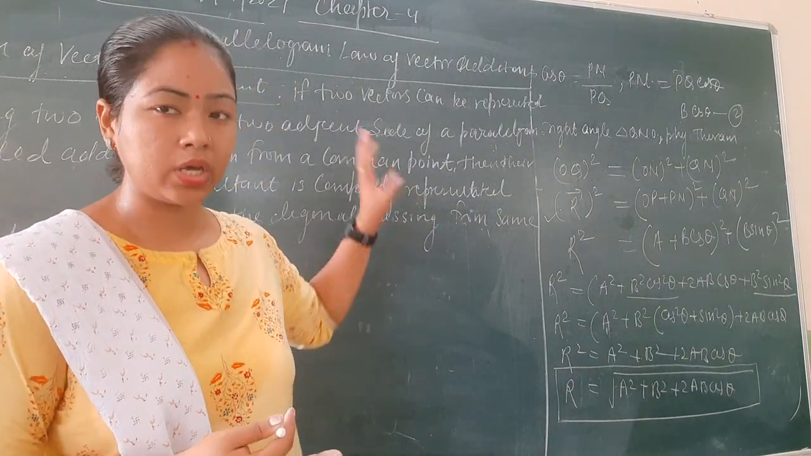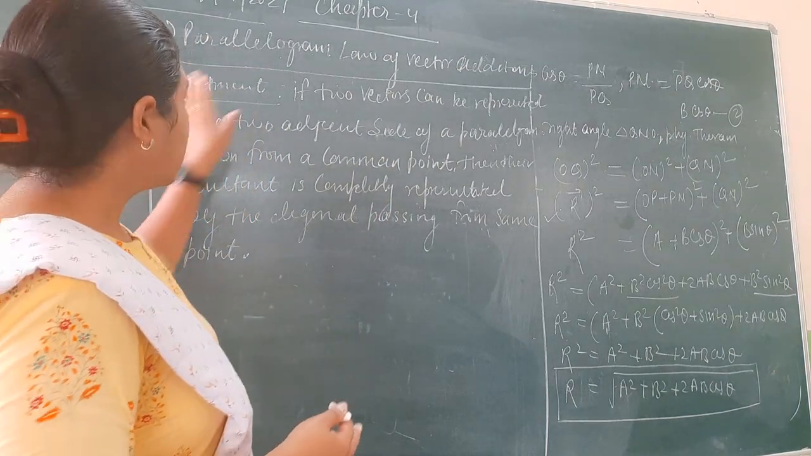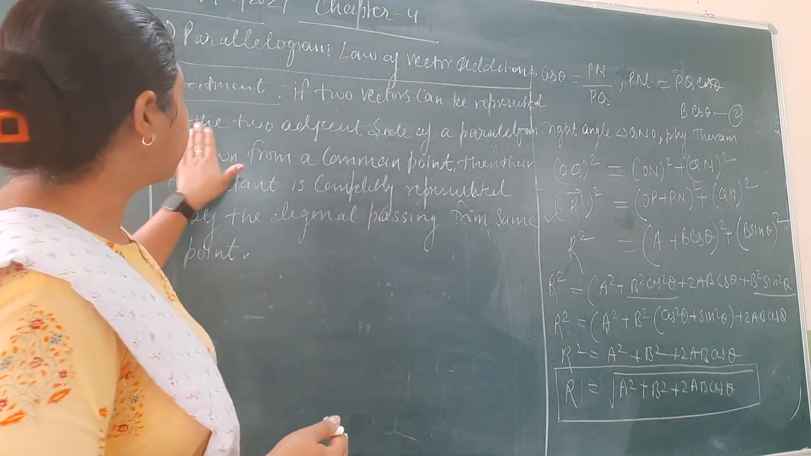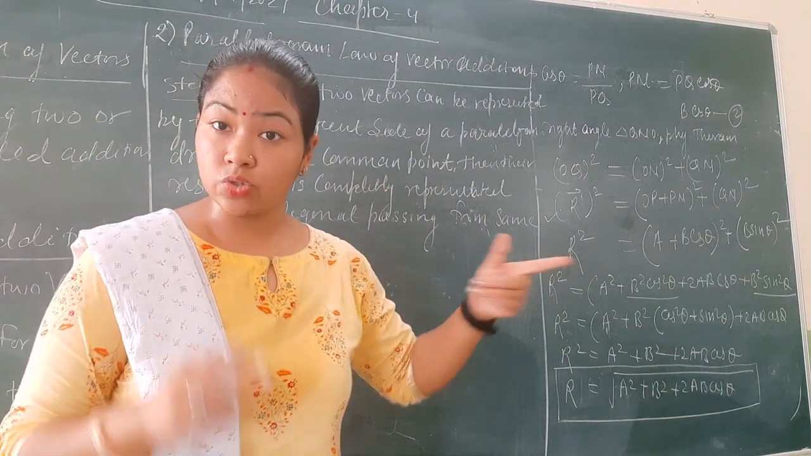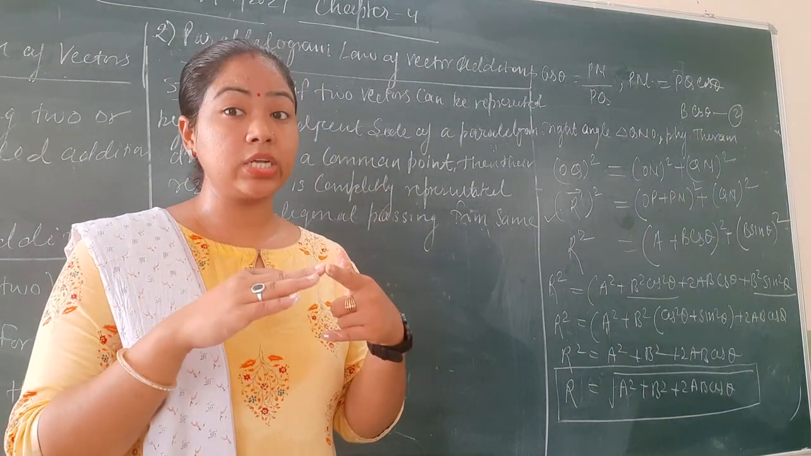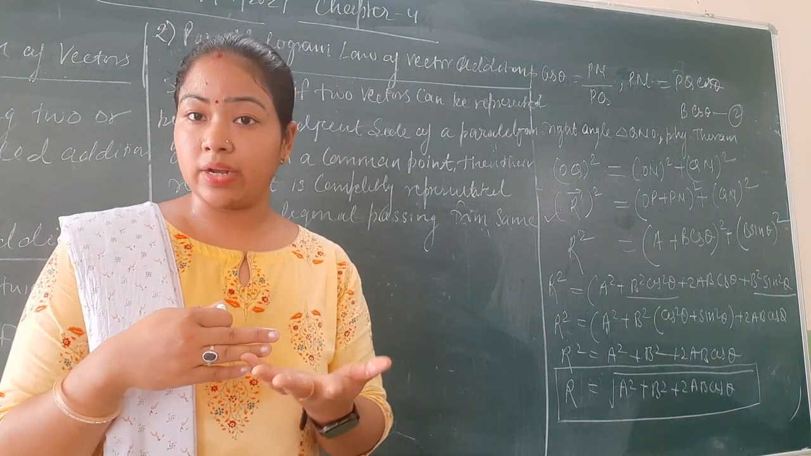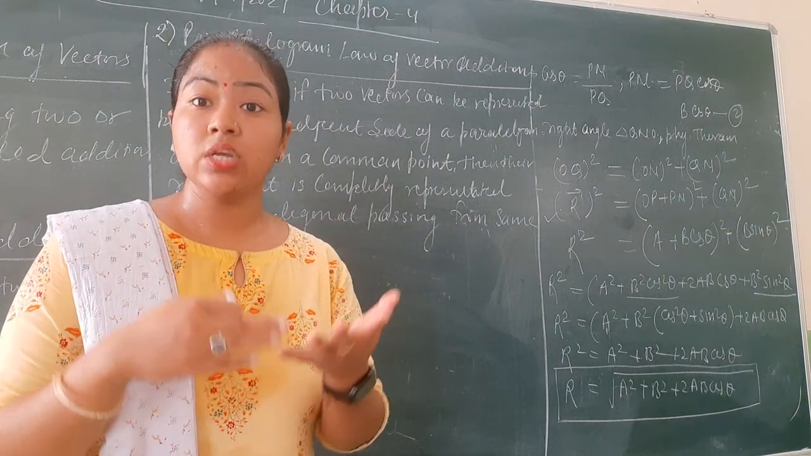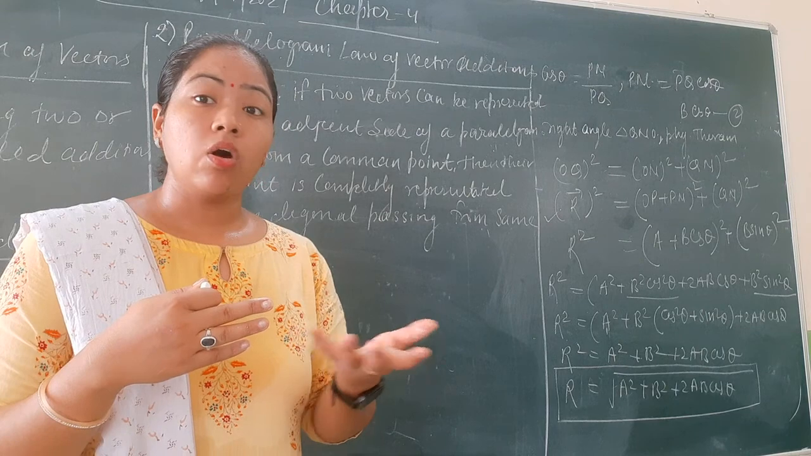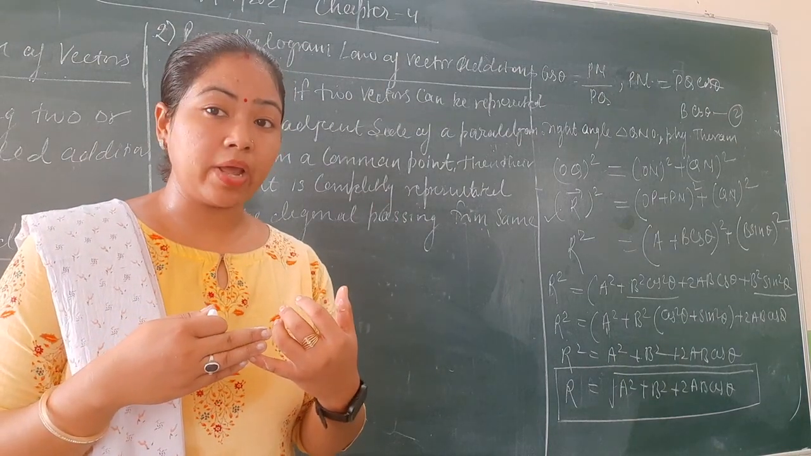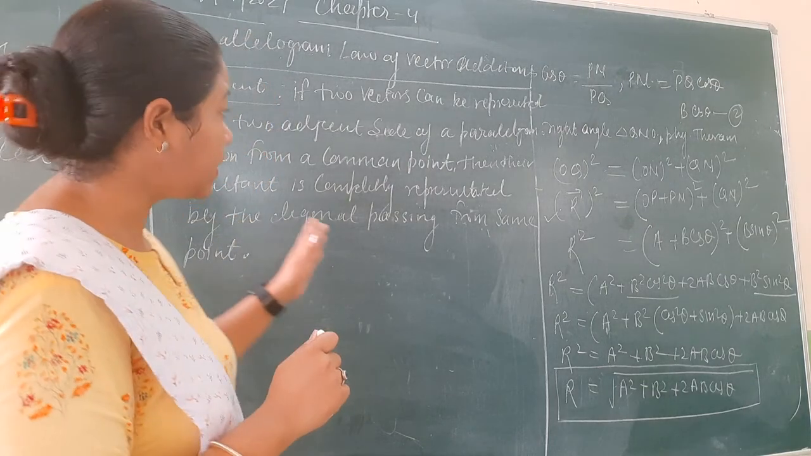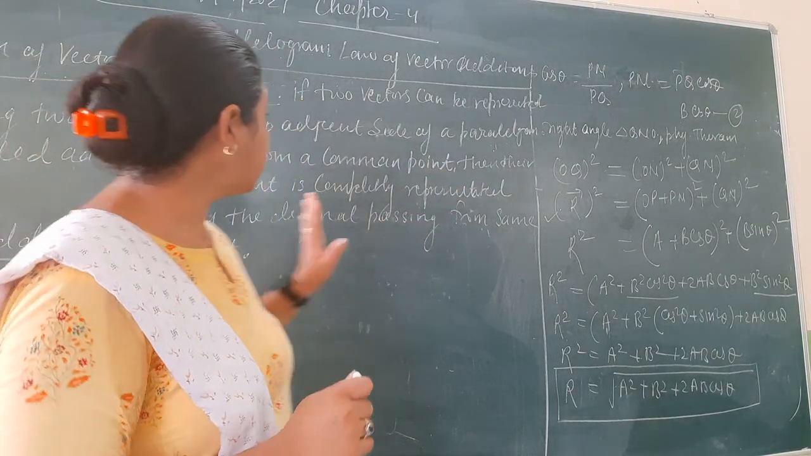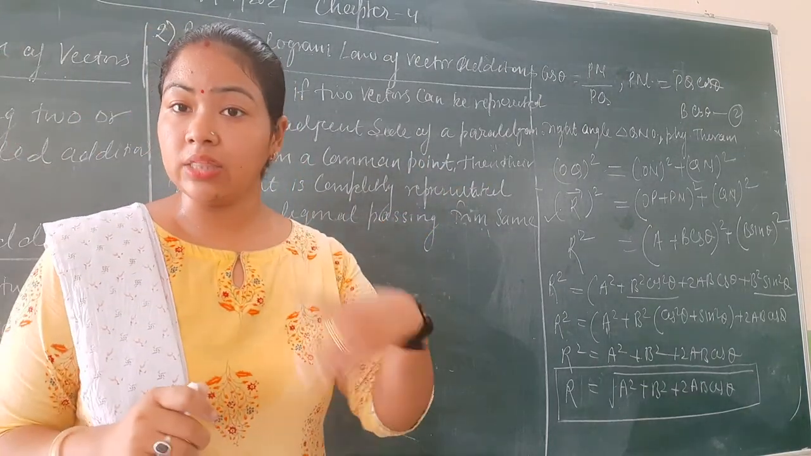So no need to write down here, just understand. If two vectors can be represented by the two adjacent sides of the parallelogram drawn from a common point, that means the two sides which we are taking as the two vectors will be originating from the same point, then their resultant is completely represented